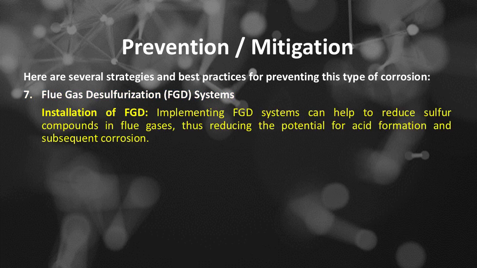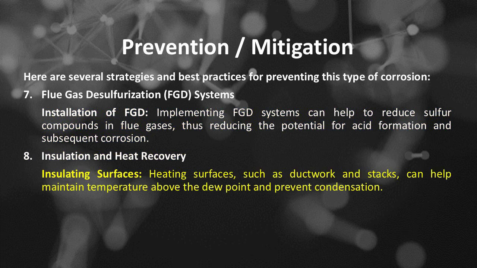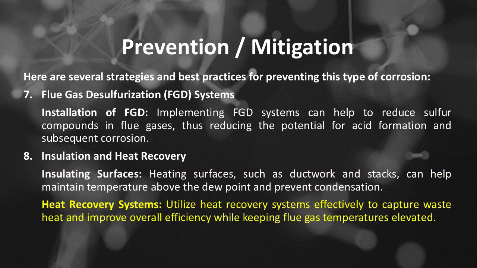Implementing FGD systems can help to reduce sulfur compounds in flue gases, thus reducing the potential for acid formation and subsequent corrosion. Number 8 is insulation and heat recovery. Insulating surfaces, heating surfaces, such as ductwork and stacks, can help maintain temperature above the dew point and prevent condensation. Heat recovery systems. Utilize heat recovery systems effectively to capture waste heat and improve overall efficiency while keeping flue gas